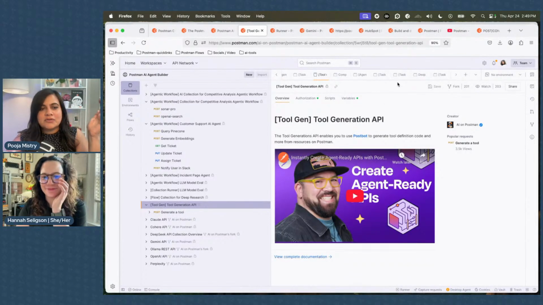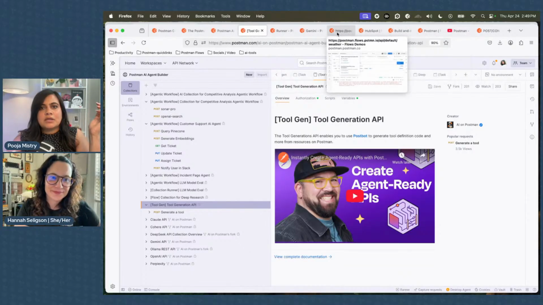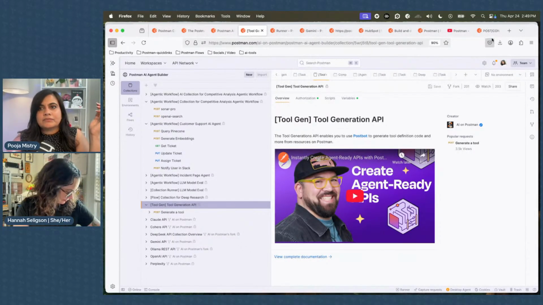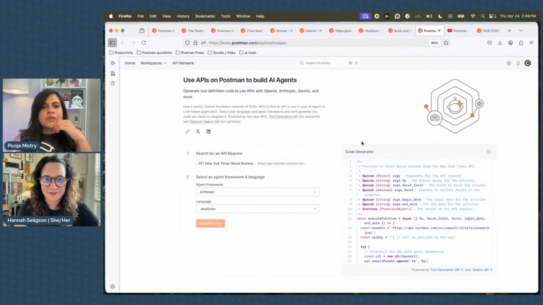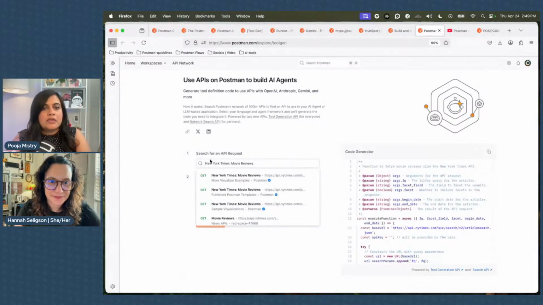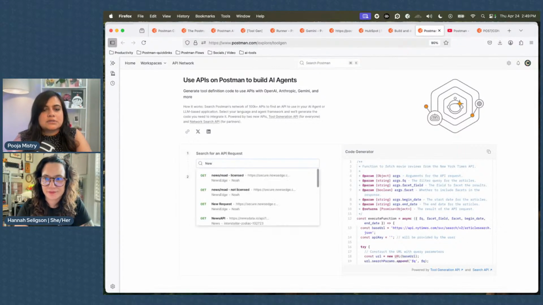With tool gen, you can search for any API that you're interested in. This is searching for the APIs in our public API network. In this case, I'm searching for the New York Times movie reviews API. Let's see if that works again.